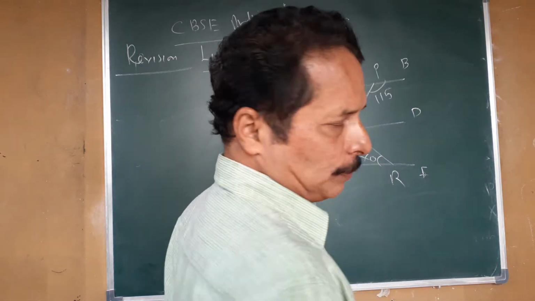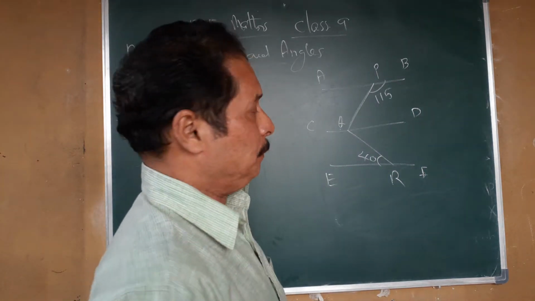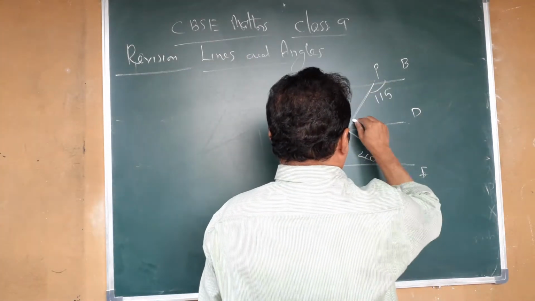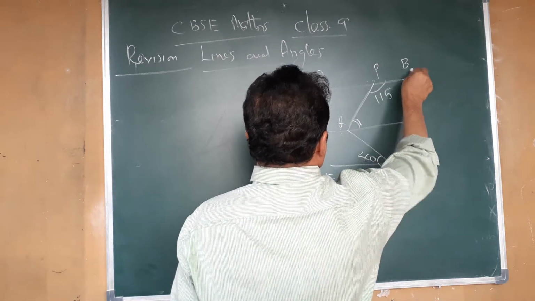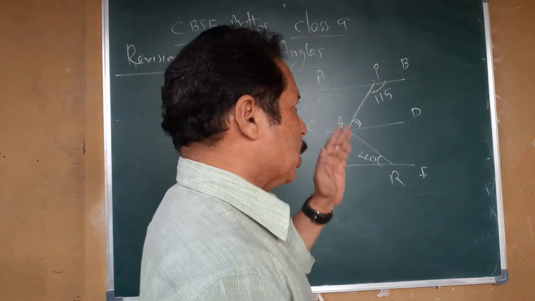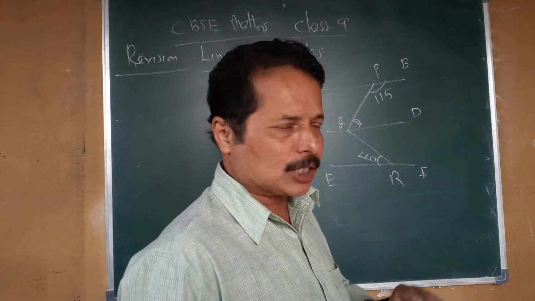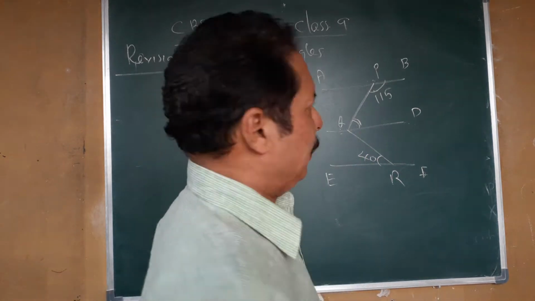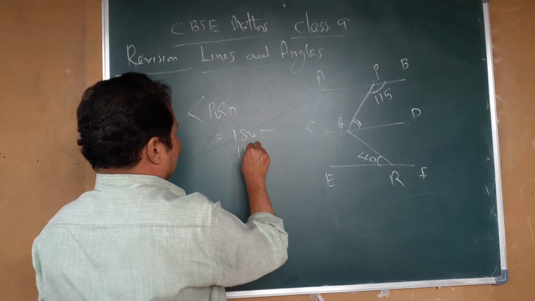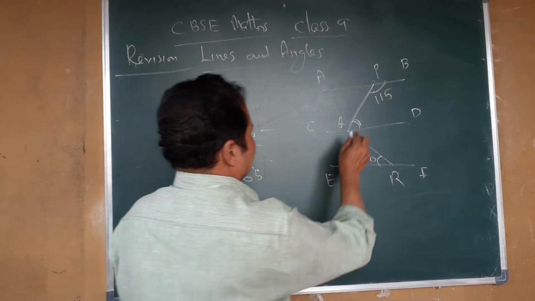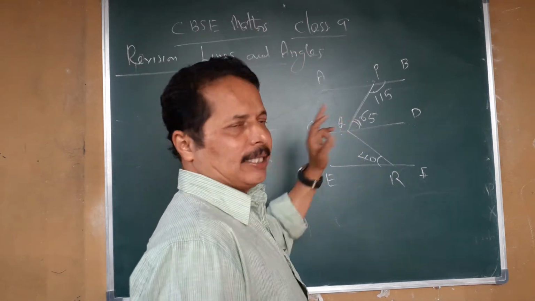You look at the angles. Are you ready? The question is to find angle PQR. So, angle PQD and angle QPB are both angles on the same side of parallels, otherwise co-interior angles. Co-interior angles are supplementary. Therefore, angle PQD equals 180 minus 115. Your answer is 65. Is it clear? So this angle is 65.